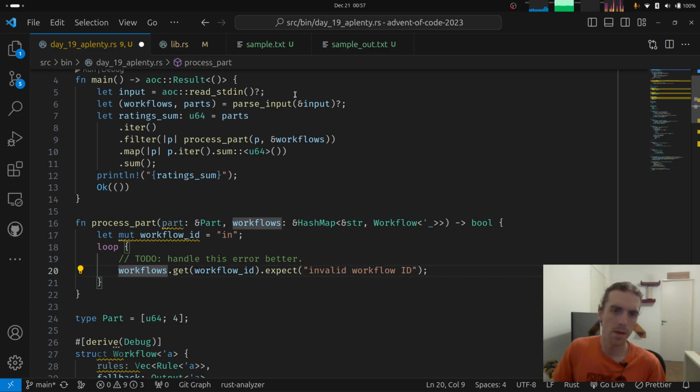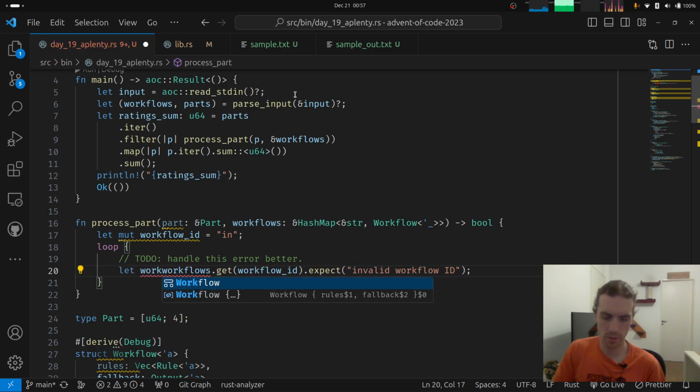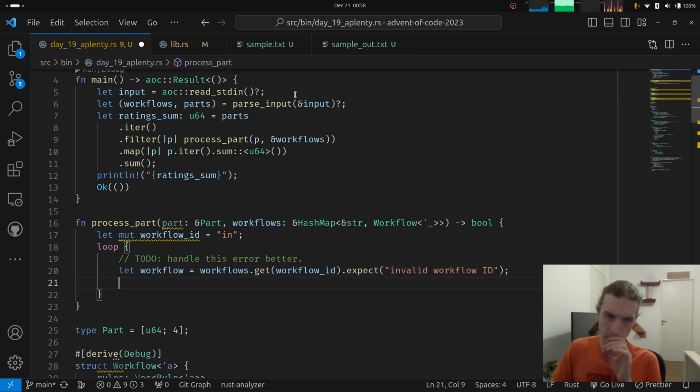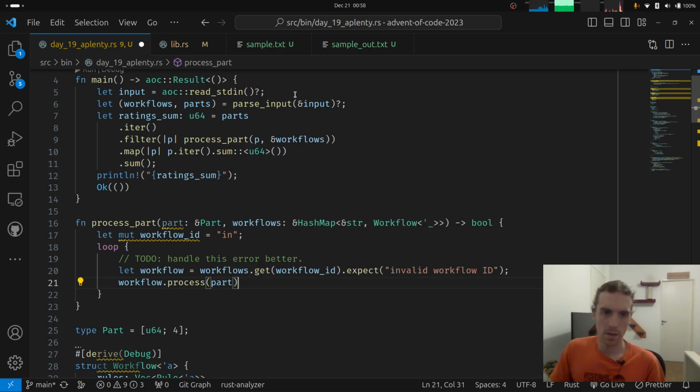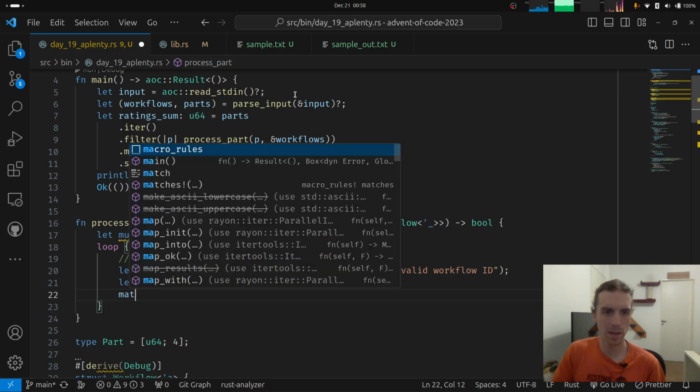Okay, so this would give us a workflow, and then we can ask the workflow to process a part and just pass the thing right on. This will give us back an output, and we can now match on this output